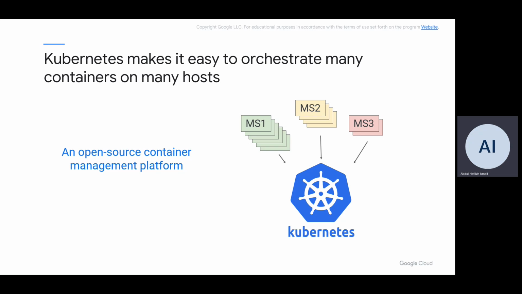So Kubernetes is a container orchestration tool you can use to simplify the management of containerized environments. You can install Kubernetes on a group of your own managed servers or run it as a hosted service in Google Cloud on a cluster of managed Compute Engine instances called Google Kubernetes Engine. Kubernetes makes it easy to orchestrate many containers on many hosts, scale them as microservices, and deploy, roll out,